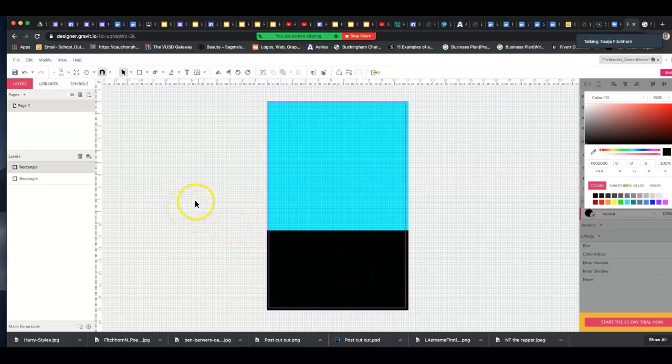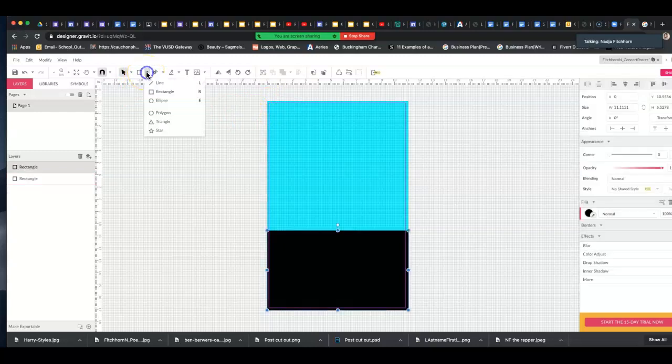And then some of you guys are going to go, but what if I want a white border? A lot of times posters have a white border around them, and it helps frame everything so it doesn't look like it's floating off the page. Maybe I don't want to bleed, Ms. Fitchhorn. Well, what I do is either design within the safety lines, right? That pink guide we made in the live active area, or what I have a lot of graphic design students do is I have them create a rectangle again, but watch this. I do it over the whole entire document right on top of the actual